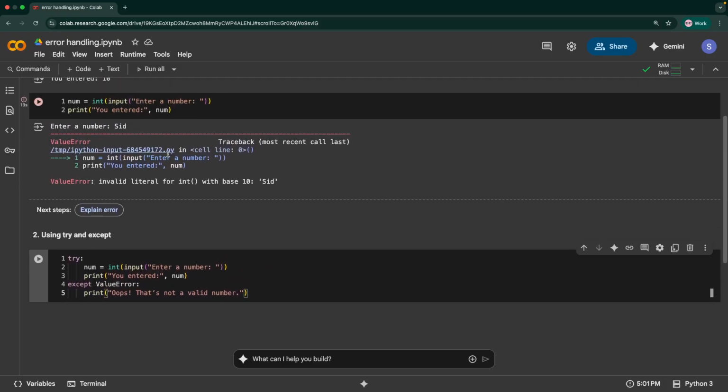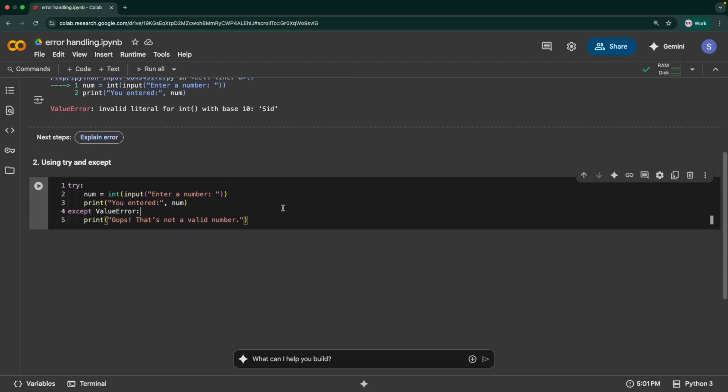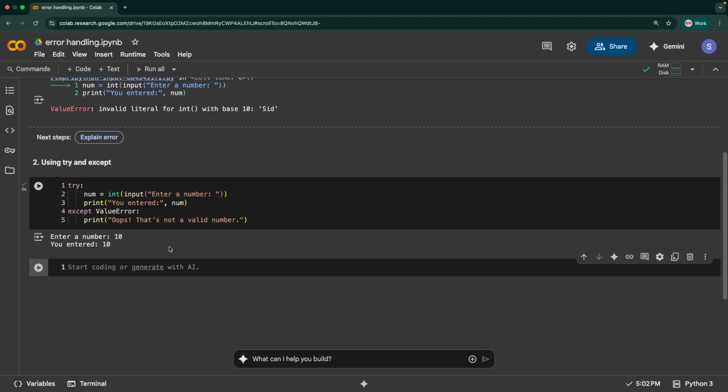Instead of giving this error message, it's going to give a reason to the user on why you cannot pass this, instead of just sending this plain error to the user. So that's the idea. When I run this, let's say I'm giving a valid number, 10. Now it works fine. The except block doesn't run. Only the try or the except block will run. If something fails in the try block, then only the except block runs. If everything runs successfully in try, then except is not called at all.